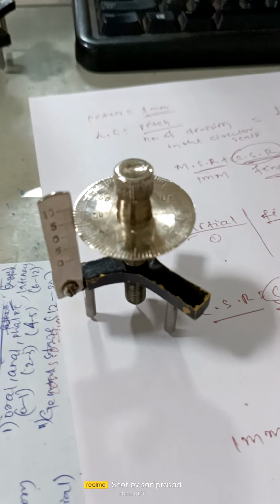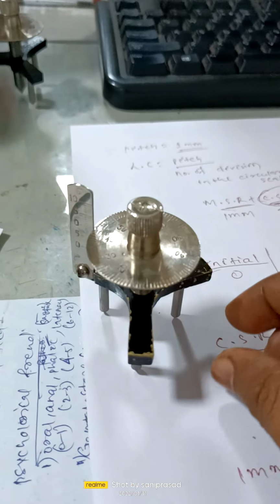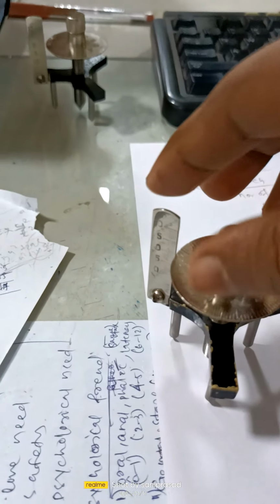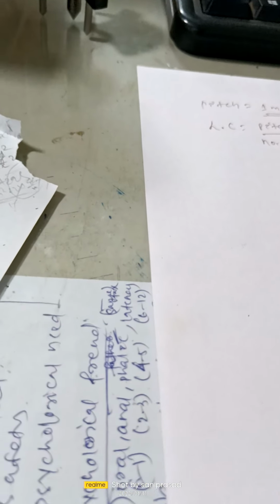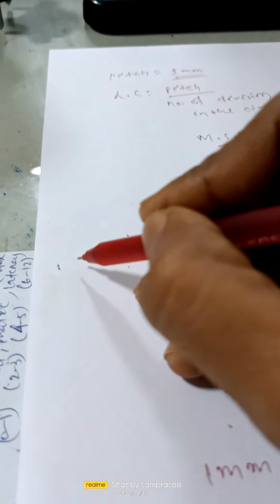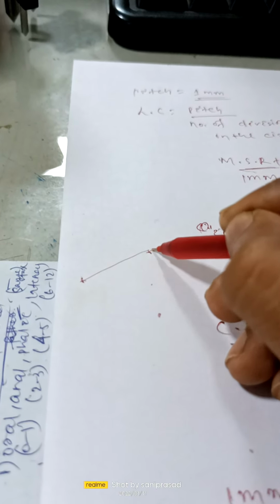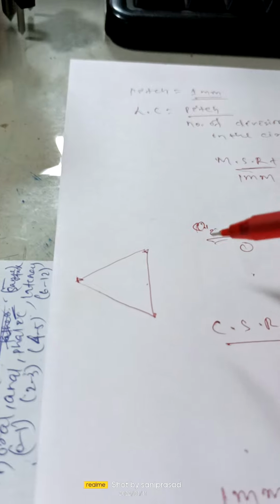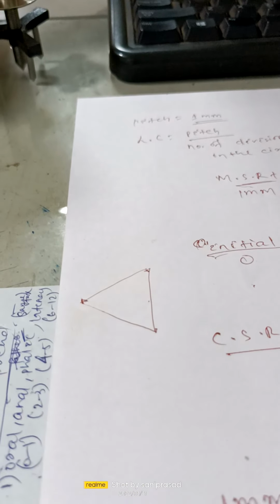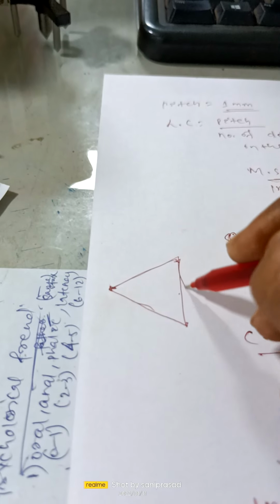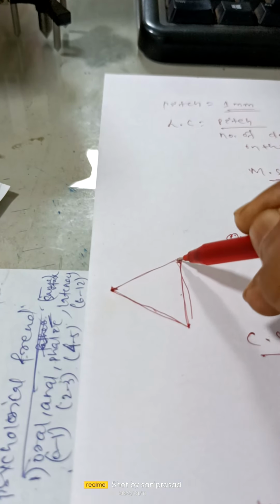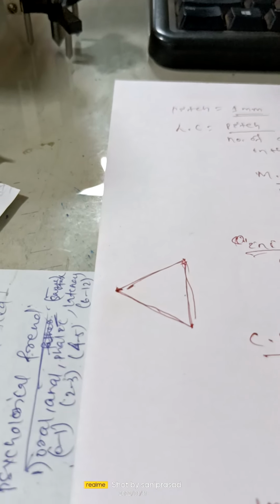Look, there are 3 legs, 1, 2 and another one, 3. You have to point out these 3 points. Look at these 3 points, 1, 2, 3. Now join all 3 points. This looks like a triangle. So the L value will be the average value of these 3 sides. You can find it by measuring with the scale.